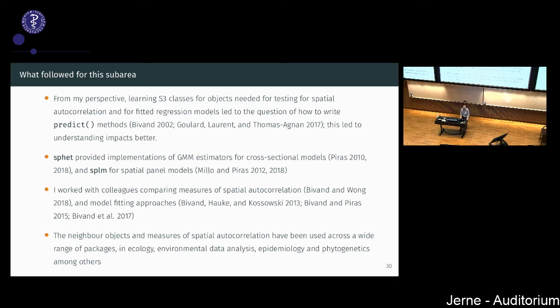Then there were contacts from other people as well, from Lance Waller and Carol Gotway, who were writing a book on spatial data for public health. And they said, okay, but you're looking at things not even with one eye, but with one eye through one tunnel. You've got to broaden your view of how we do spatial regression to include all of the geographers and the economists and the sociologists were using one understanding of how you modeled spatial dependence, and epidemiologists were using another one. So we were using SARs and they were using CARs.